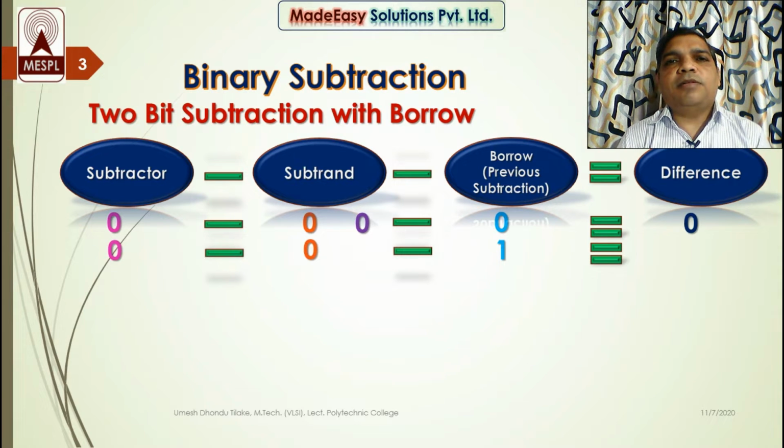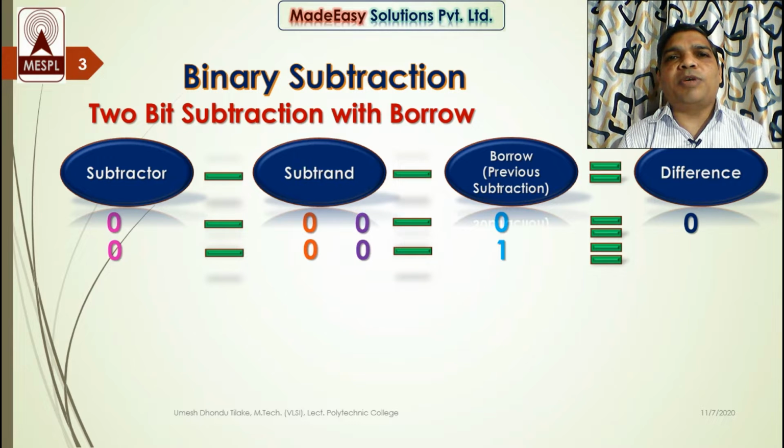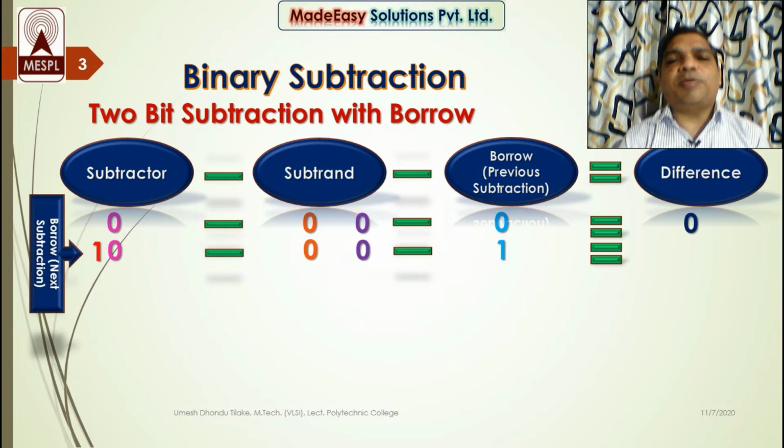Same possibility I have. Now first subtract the subtrahend from the subtractor. What will I get? 0 subtracted from 0, I will get 0. And then subtract the borrow. Can we subtract the borrow from the result, because the result is 0? No. So we take a borrow over here, and that borrow must be subtracted from the next bit subtraction. Now actually we require the borrow for this subtraction, 1 subtracted from 0. So put the borrow over here. Now can you subtract this 1 from 0? Yes, 1 0 minus 1 is equal to 1. We have just seen this in the previous slide. So I will get the result 1 over here.